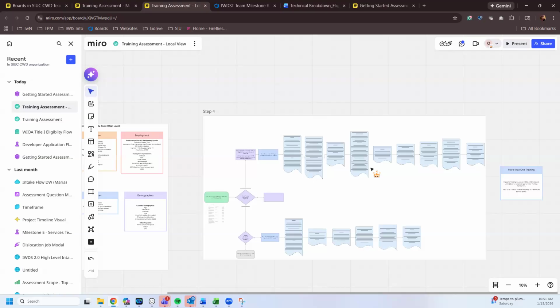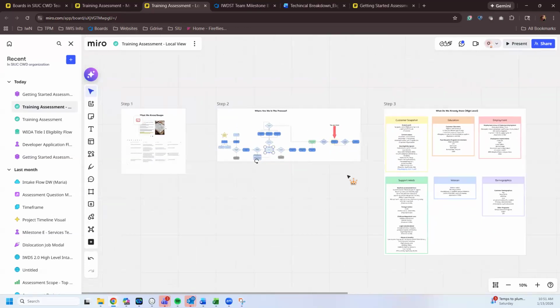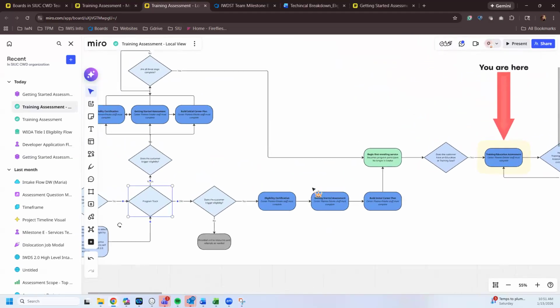Because for youth, it won't trigger. Correct. So where is that reflected on the flow? Flow. Yeah, so for